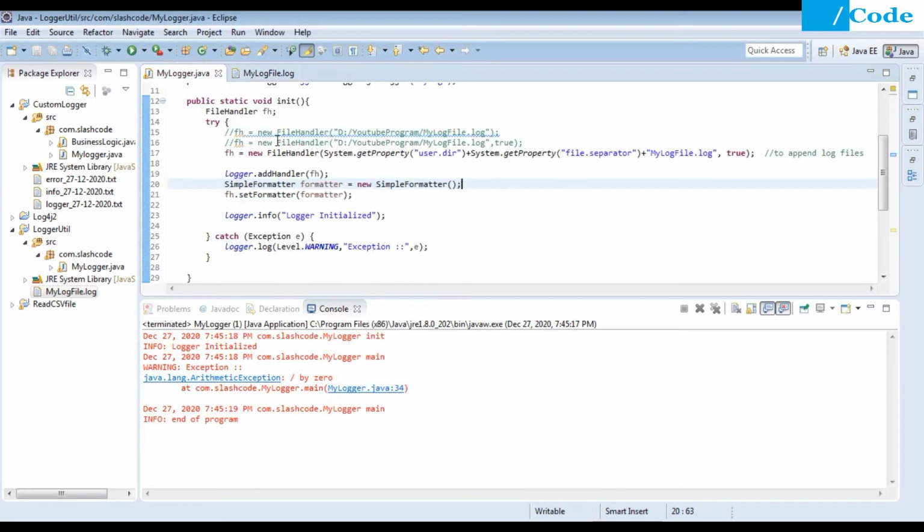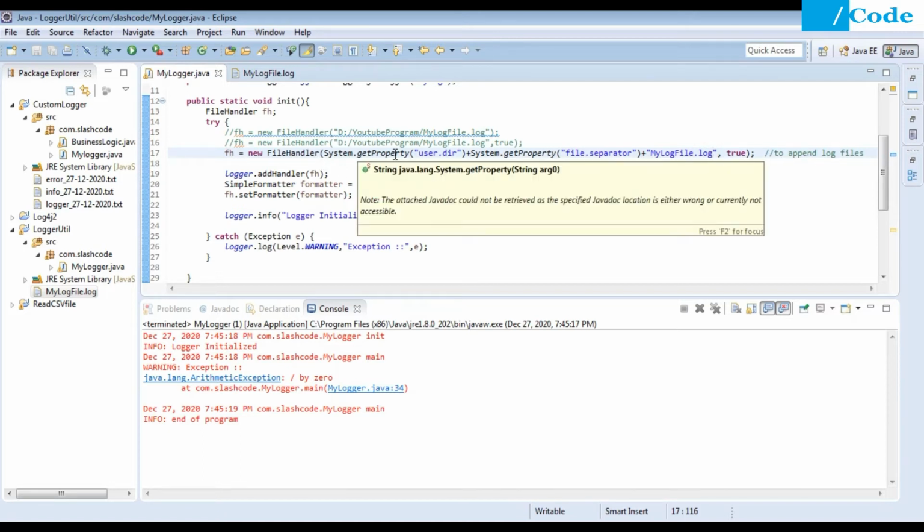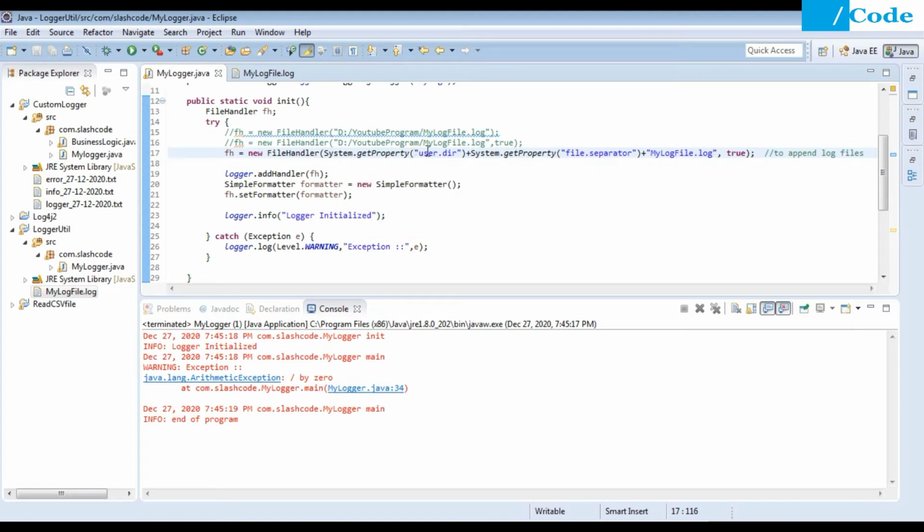Okay, so appending of the data is also working here. Whatever the system is, Unix or Windows, it will take the current user directory, then get the file separator, and after that it will create one file, which is mylog file.log, and then just call this function and print to that logger.